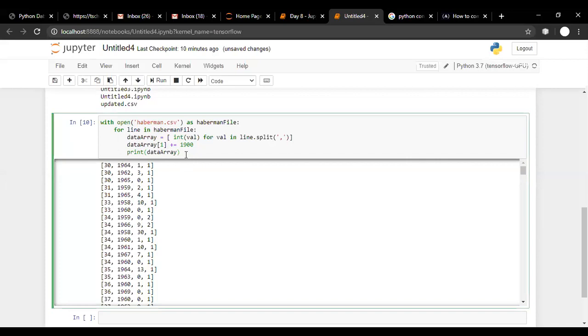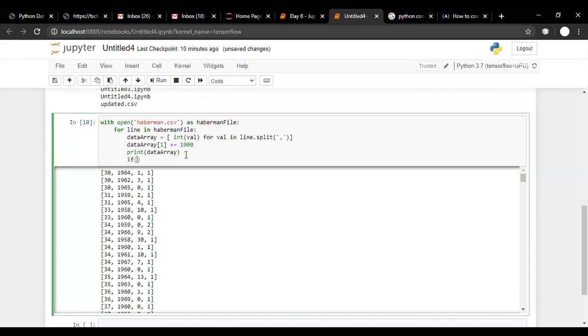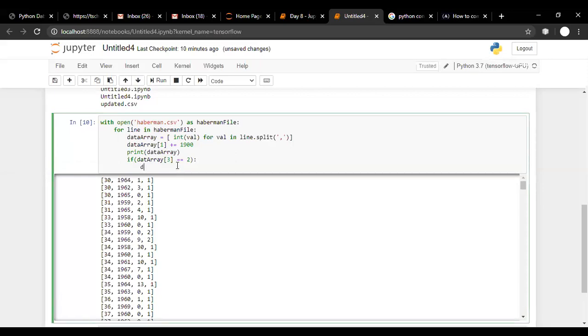So here we can replace 2 by 0 using an if statement, like if data array of third location. Am I right? This is the 0th location, first location, second location, and third location. If this third location is 2, then we can replace it: data array of 3 is equal to 0.